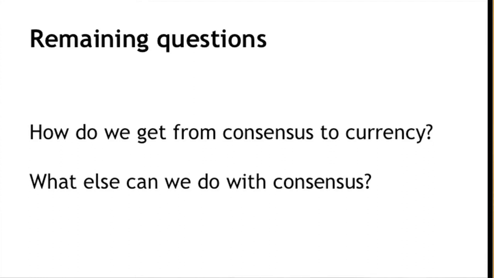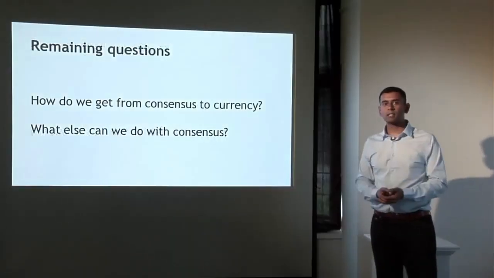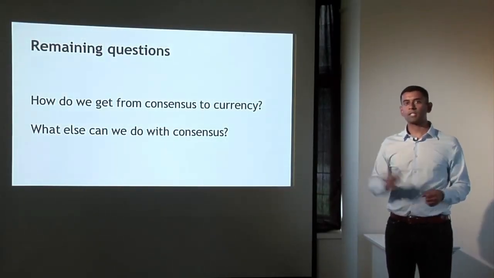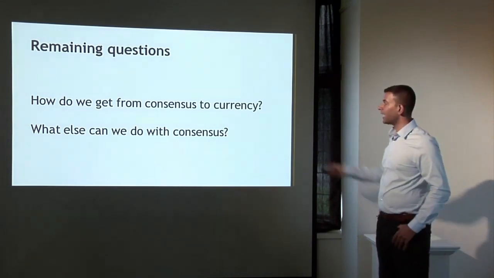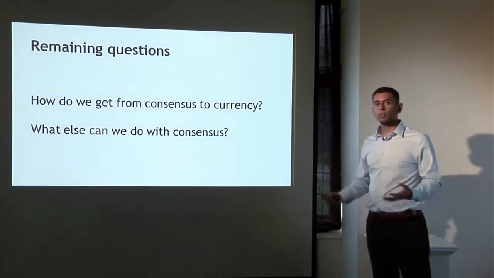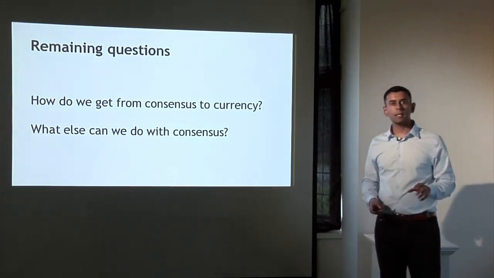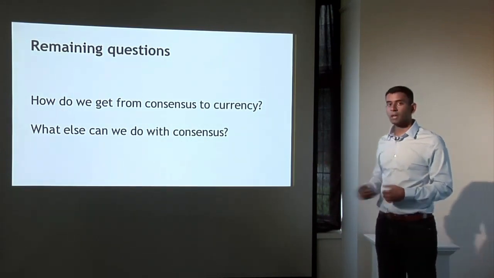The first is, how do we get from consensus to currency? So this is an assumption that I've already made in this lecture. Not only are we solving a distributed consensus problem, but also we're treating the result of distributed consensus as a currency in order to incentivize participants. But a lot of details are missing. What exactly does it mean to be paid in Bitcoin? How does that happen? How are those transactions represented, and so on? We're going to look at that. We're going to look at what else can we do with consensus. I hinted at this a little bit, but it turns out that Bitcoin offers a lot in addition